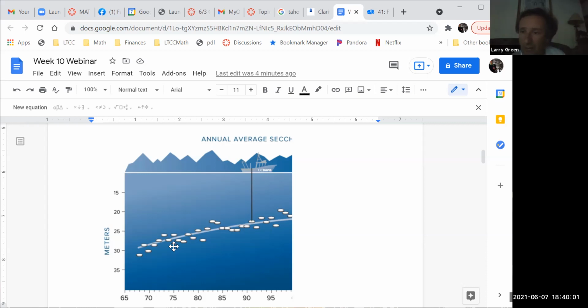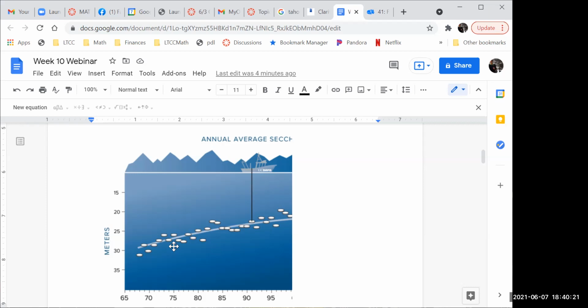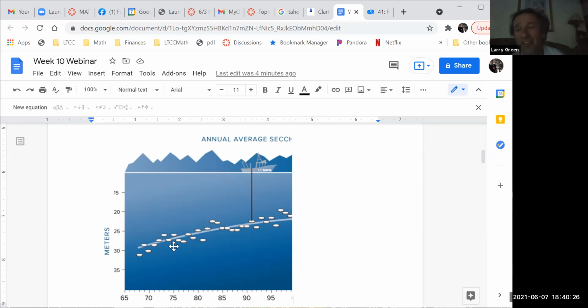It's not perfect. If the correlation is exactly -1, any guess on what that means about the points? Then all of the points are exactly on the line. Yeah, exactly, with a negative slope. And if the correlation is exactly +1, that means the points are all on a line with positive slope. Let me give you an example of a correlation of +1, because those are easy to think about.